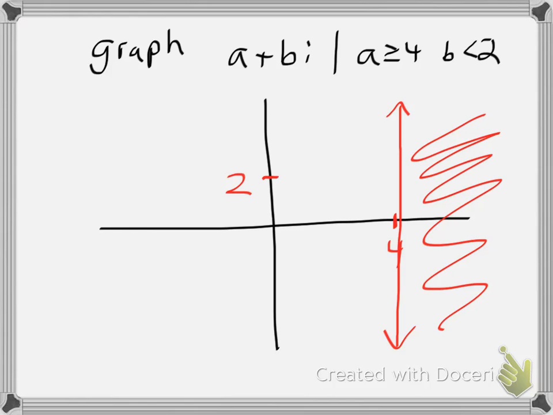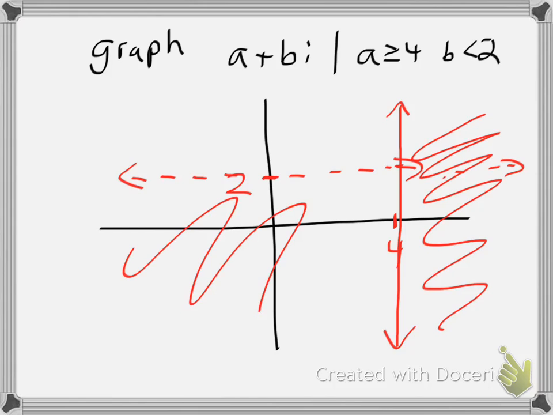Now because it's less than but not equal to, this one will get a dashed line. And let me keep on going through there. Now if I'm talking about everything that's less than 2, that's going to be everything below here,